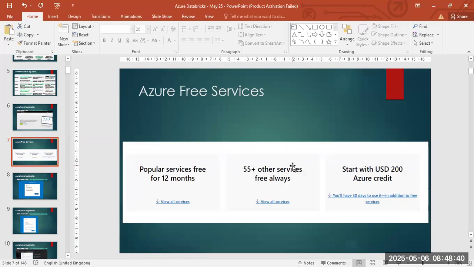So I am using the pay as you go model. Whatever the duration I'm using, I will be charged for that. Means they will be charging me for those services. But in your case, you can use the free account